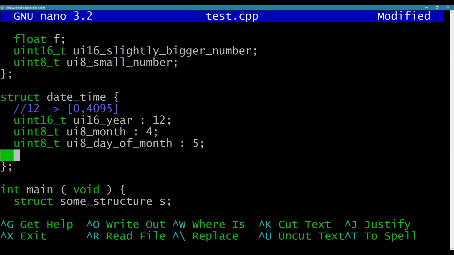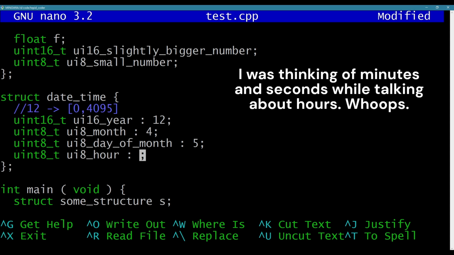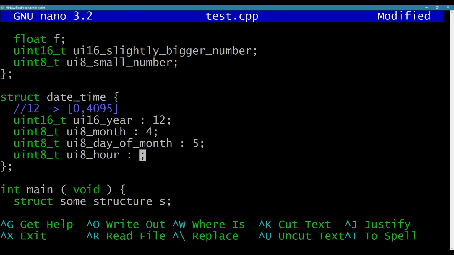Now I want something like hour, minute, and second, so uint8_t, let's say, ui8 hour. How many bits do I need for that? Well, I need to at least be able to reference 0 to 59, so if I can get 60 as the max, the next power of 2 should be plenty. Well, 2 to the 6 is 64, and I could use 0 to 63, so I'm going to say 6,